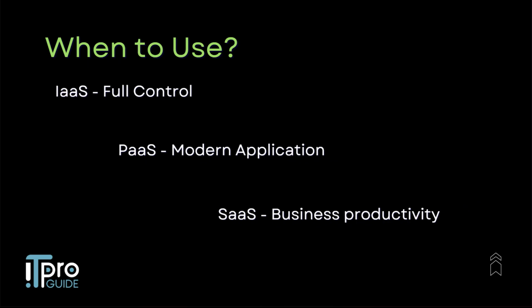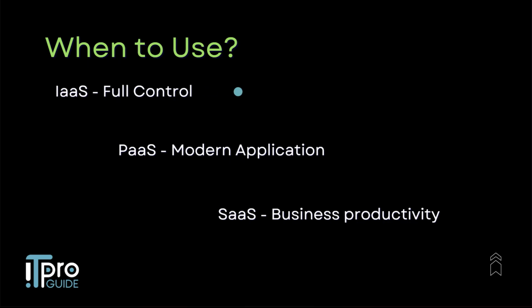Now you know about different cloud models. Now the question is when to use all these models. So use infrastructure as a service when you need more control, or you have legacy applications and you cannot install it on a platform as a service model. So you have an old .NET application, you want to migrate it to cloud, but there is no platform supporting that version. So you can use infrastructure as a service by spinning up a virtual machine, and you just install the application on the server like you do on premises.